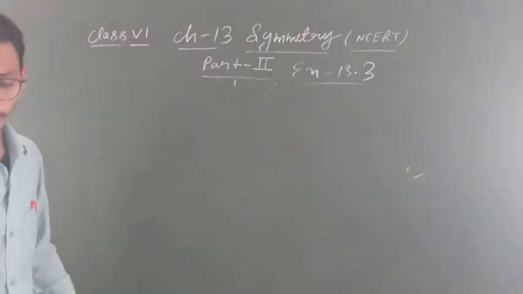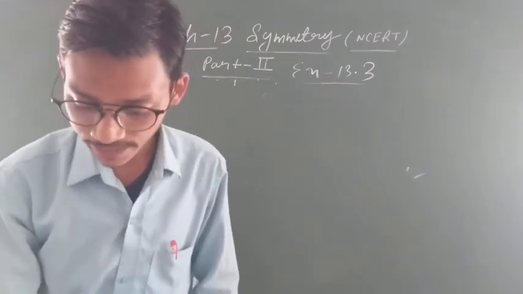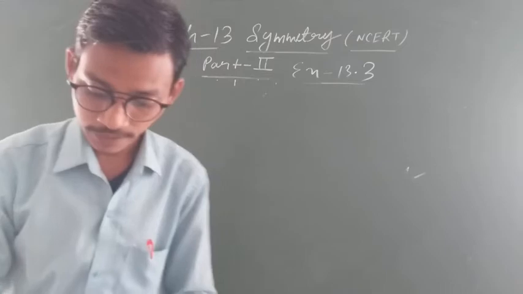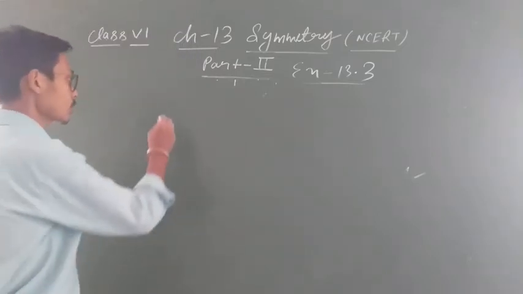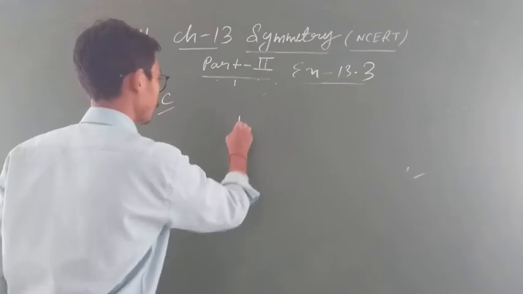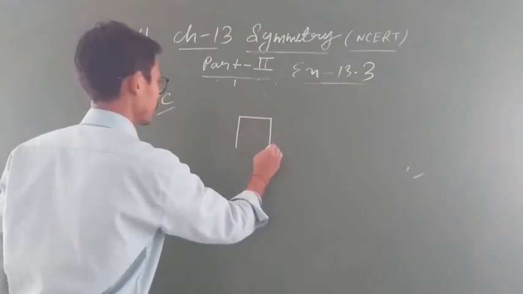Clear. तो देखो, so many examples are given. A tree is given. You can draw the line of symmetry. ठीक है? अच्छा. अब देखिए, question number C. C is given. This type of diagram.